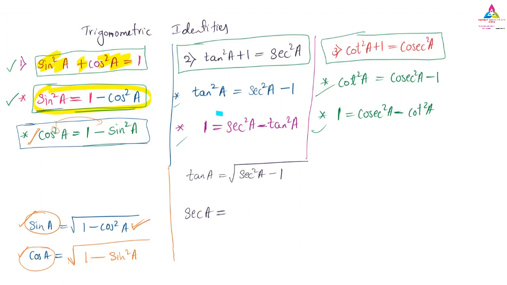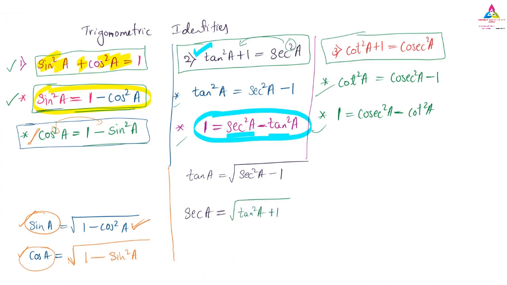I can't take this formula. This identity we can't use because it has secant only and tan only. So I have to use tan square A plus 1. Yes, that is nothing but root, the square I am bringing to the right-hand side. It will become square root of tan square A plus 1. It will remain tan square A plus 1 only on the left-hand side, but the square I am shifting to the other side.